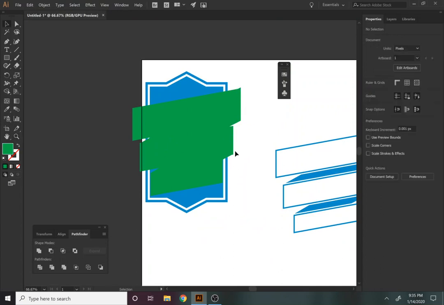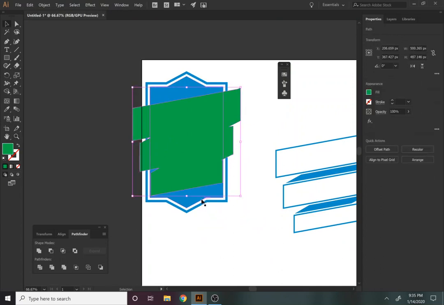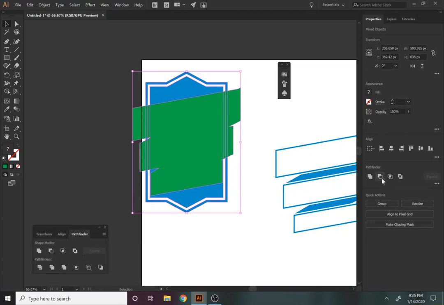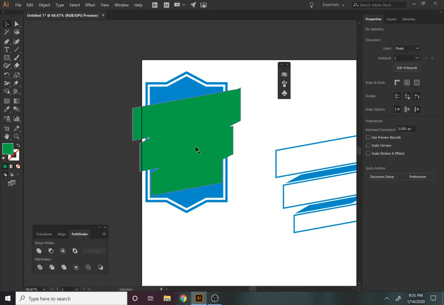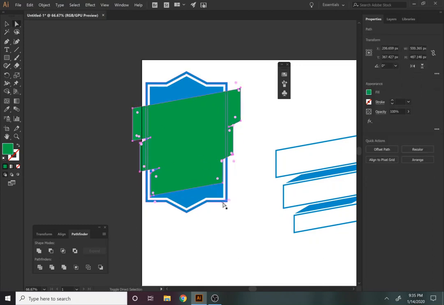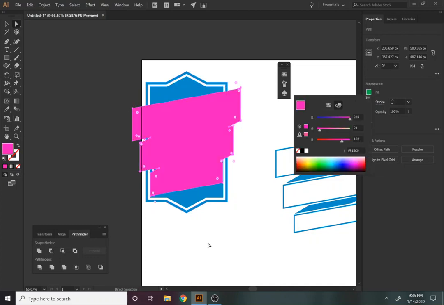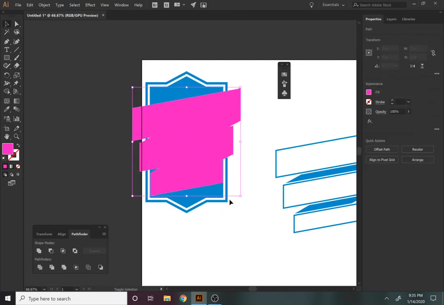But what we are going to do is grab this path here, grab this one, and we're just going to minus front. Oops. First off, I'll get rid of this smaller path here. And take this, use the direct select tool, and well, first off, let's Control C, Control F. I'll change this color to red or pink. And I'll just grab this. Use my direct select tool, hold down Shift, grab this one in the